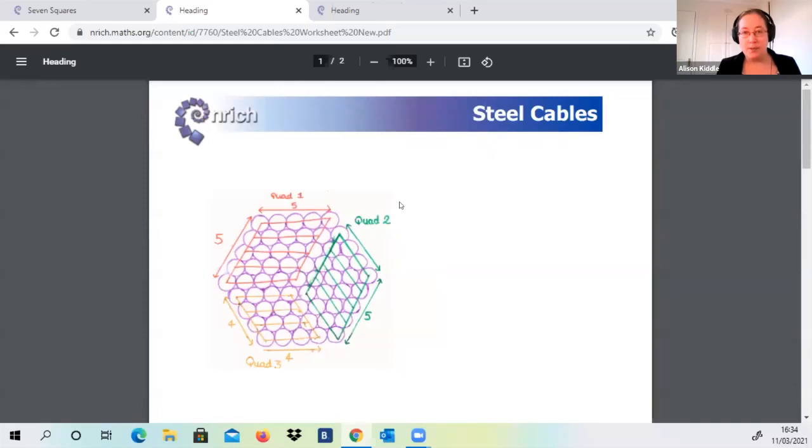I can see that a few people have started to share how they worked out the 61, and it would be interesting to know whether any of your methods are the same as any of the methods that we're looking at. I think from the description I can spot some things that will look familiar in a moment. But let's look at this first one. So Charlie, what do you think was going on in this student's head when they were explaining how to work out 61 for this? Okay, so they've sort of split the steel cable into 4 sections,